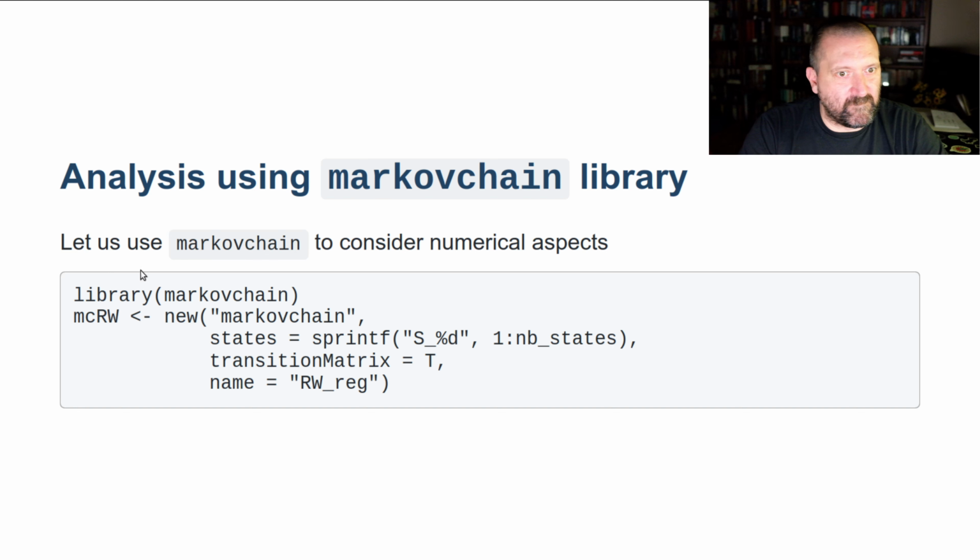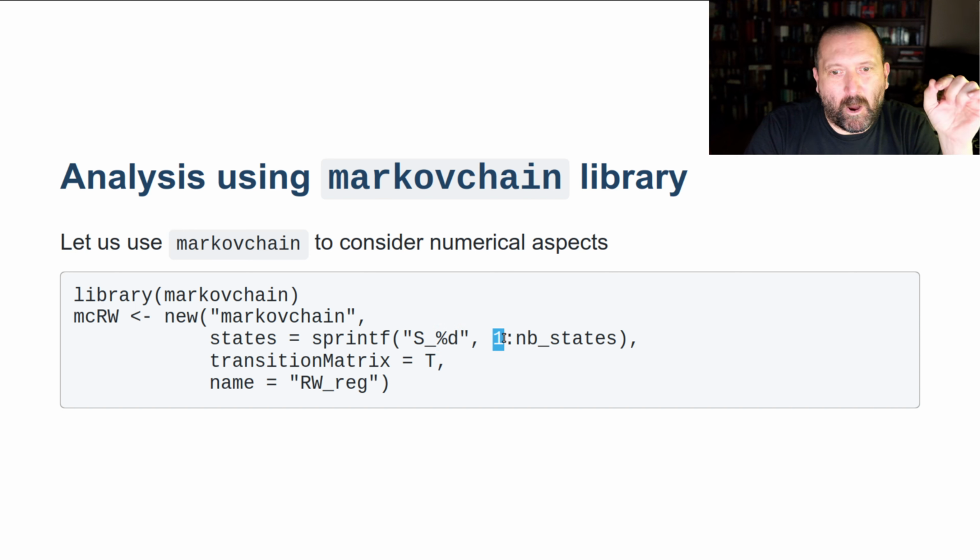Just use the library, define the Markov chain. So this is saying implement a new Markov chain where the states, this is just the names that I'm going to give to them. So sprintf is a very useful function. It just prints this, where %d stands for